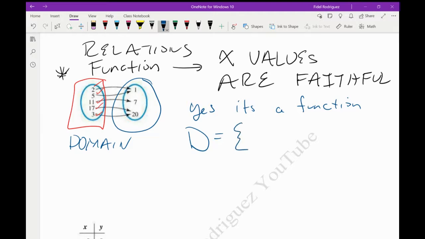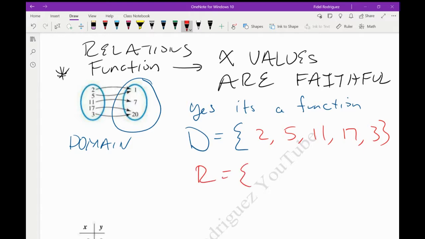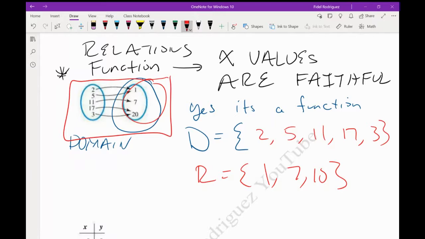So the domain is just the numbers that we have right in here. So my domain is going to be the numbers 2, 5, 11, 17, and 3. And then the range are the second set. So the range is just the numbers 1, 7, and 10, okay? So when I think about these kind of circles, that's how I figure out if it's a function or not,